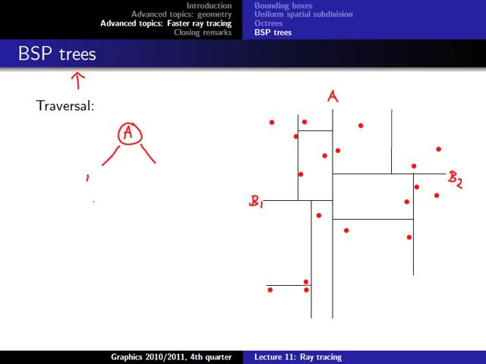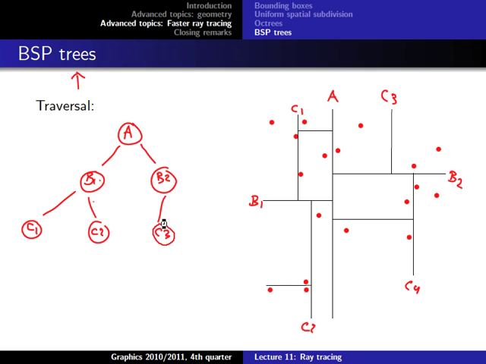So we get here B1, B2, and then again we split it because let's call it C1, C2, C3, C4, C1, C2, C3, C4. So you see here each node has two children because each node represents a splitting plane, and there are always a splitting plane always splits the space in two